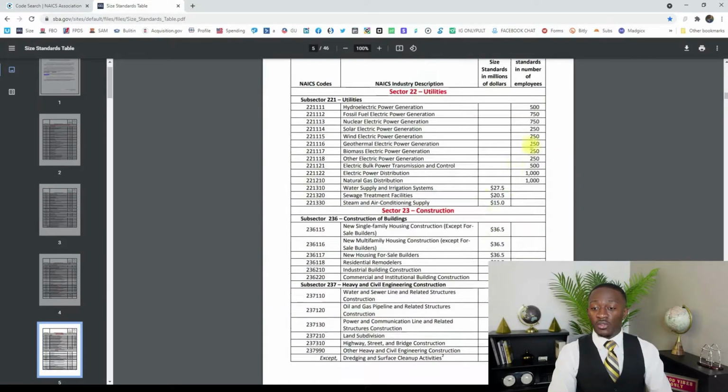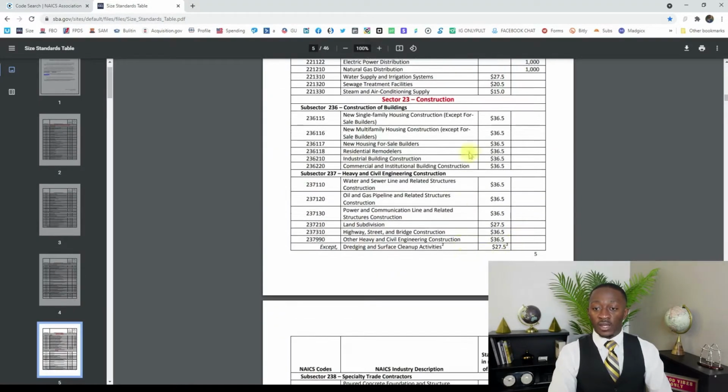As you keep scrolling down, there are different rankings, obviously. In construction, for instance, for residential remodelers, if you make more than $36 million in a 3-year average, you're no longer a small business, right? So if you made $15 million one year, $30 million another year, and then $70 million one year, the average of that is going to be more than $36 million, meaning that you are no longer a small business. But let's say you make $20 million one year, $10 million the other year, and another $15 million the next year. If you do the average, it's going to be less than $36 million, meaning that you are still